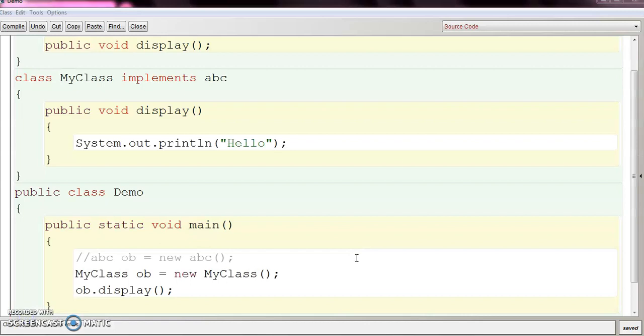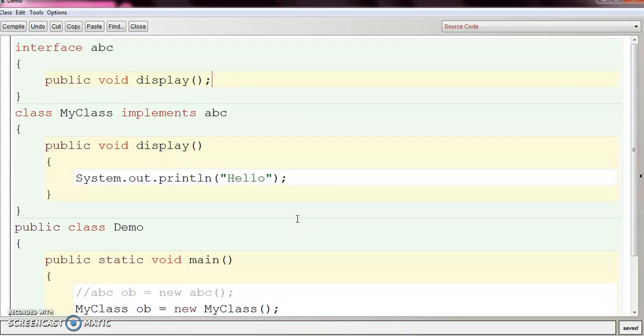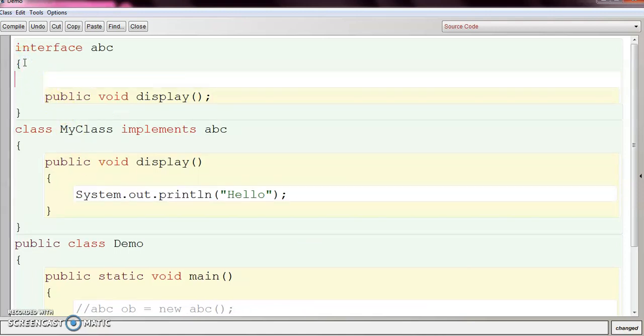Now an interface can also contain fields which must be declared by the modifier static and final. So let's create a field inside our interface. Let's say public static final.